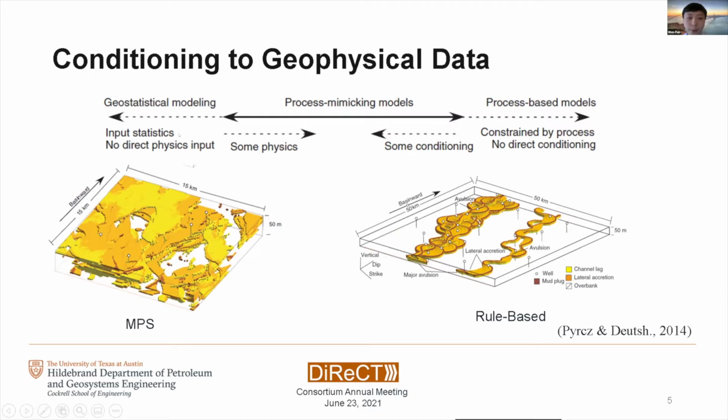But as we go further to the geostatistical modeling approach, it becomes more difficult to capture the geological concepts or the multi-scale depositional architectures. So in order to get both architectural concepts and the data conditioning,